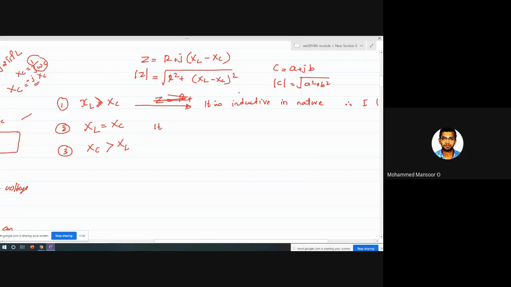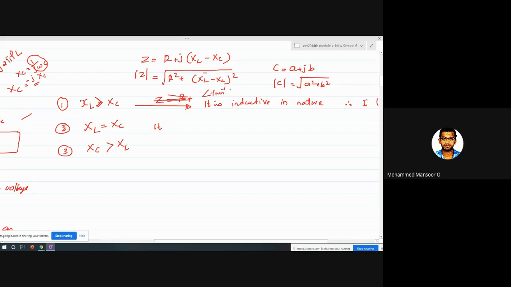Clear? Yes, clear out. Yes, it depends on the value of XL. Which one is higher? It depends on the value of XL and XC. We can do an example, don't worry. So it depends on, see, this angle is nothing but